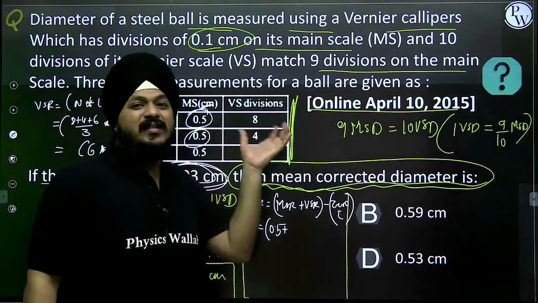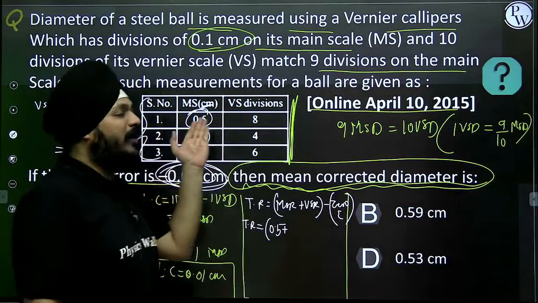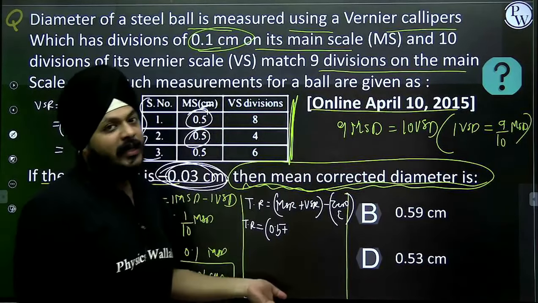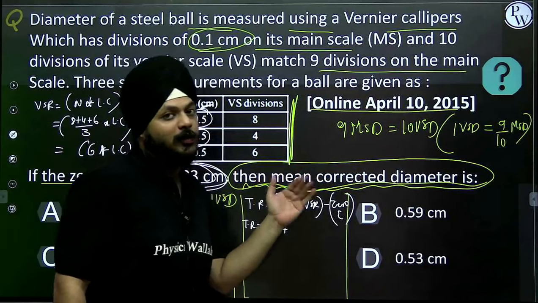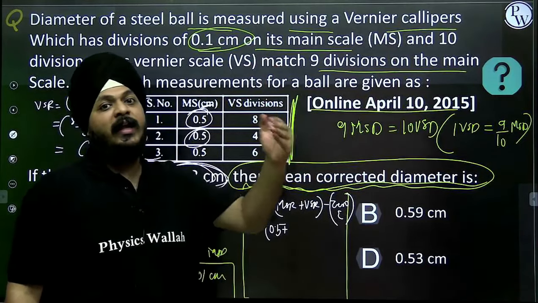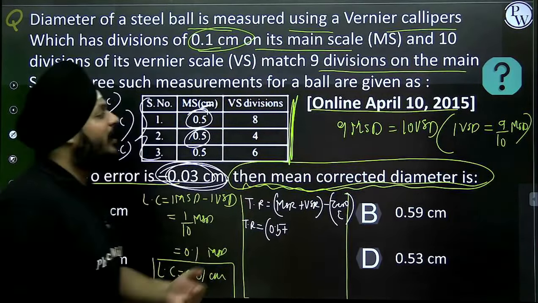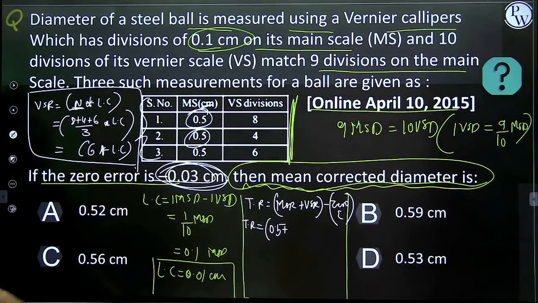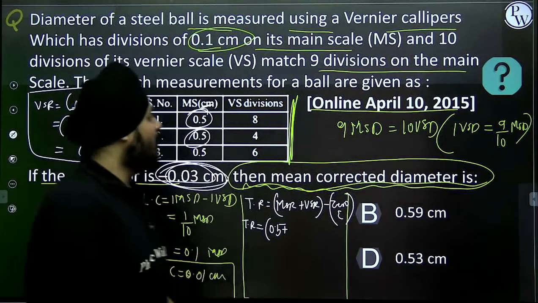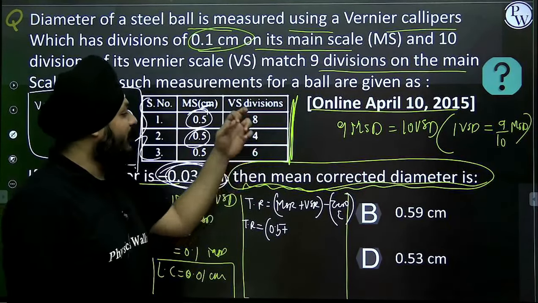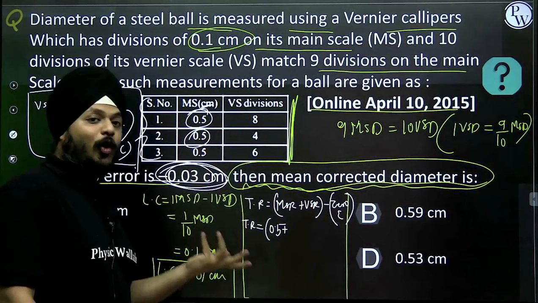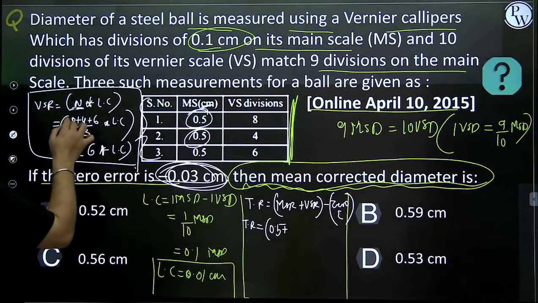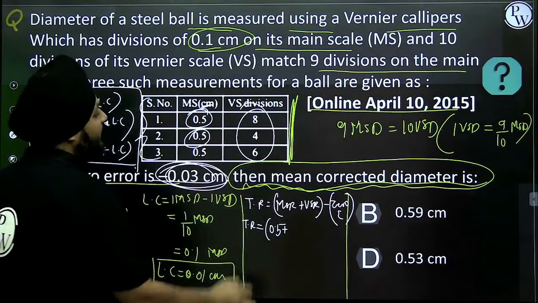It is a very simple thing. Rather than calculating the total reading for the first one, then the second one, then the third one, and taking an average of the three total readings, we directly use this. We take the average of this only, and the rest of the things are completely common. 0.5 is common, and this least count is a common value. Instead of doing it multiple times, we need to save our time. So we calculate the average for this.